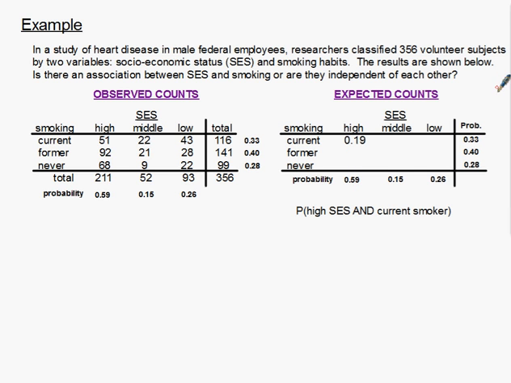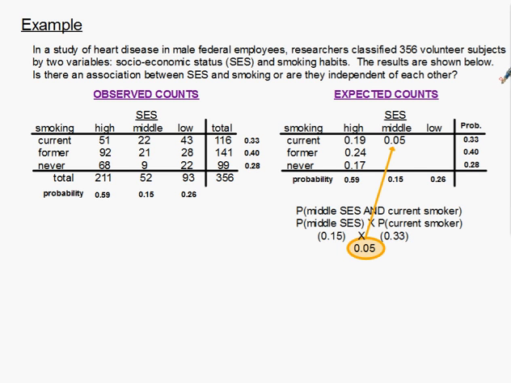Now, what we'll do next is, instead of talking about high socioeconomic status and current smoker, high socioeconomic status and former smoker, which is going to be that position. We'll get the numbers and we'll place it in that position. And of course, we'll do the same thing with never smoking. And then we'll switch to the middle socioeconomic status and get all those. And then we'll switch to low socioeconomic status, current smoker, former smoker, never smoker. And we have